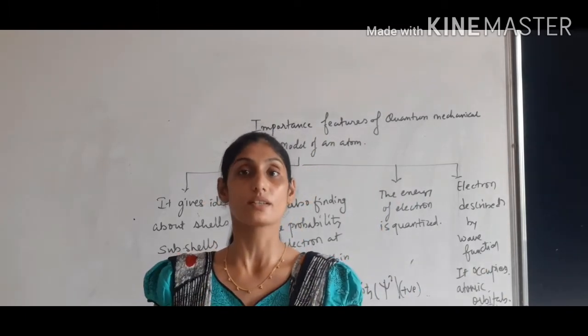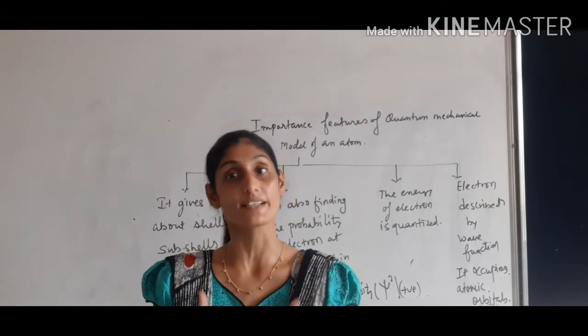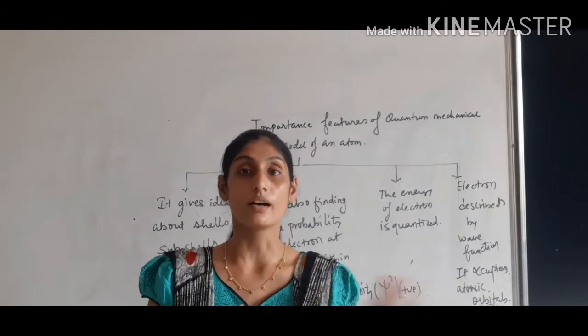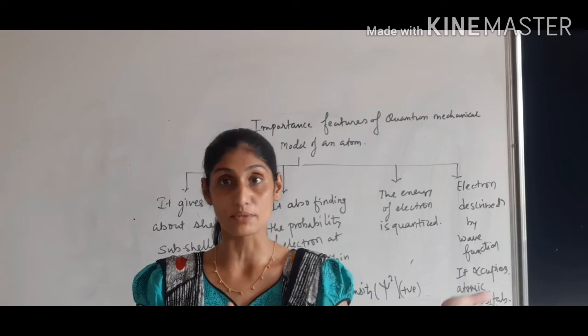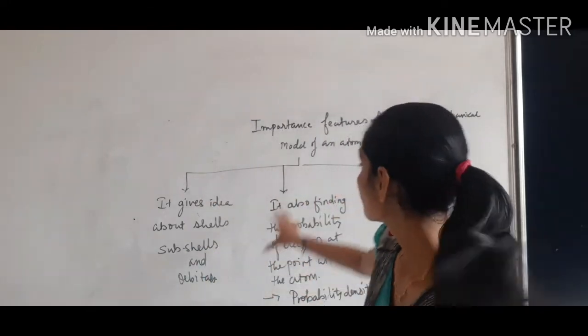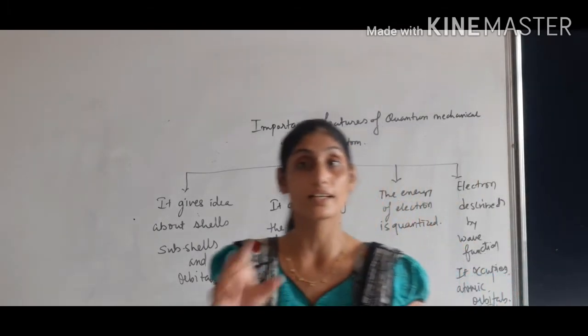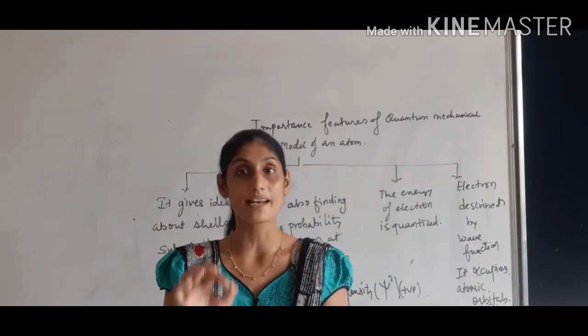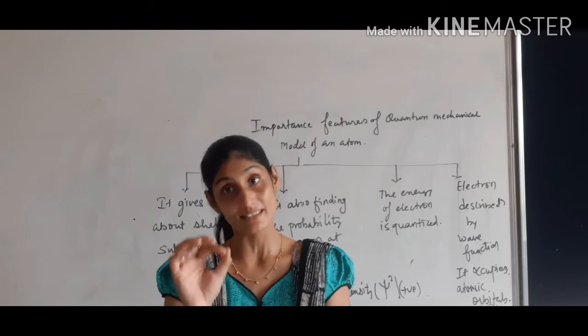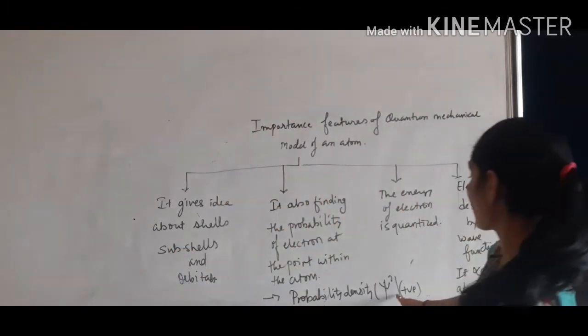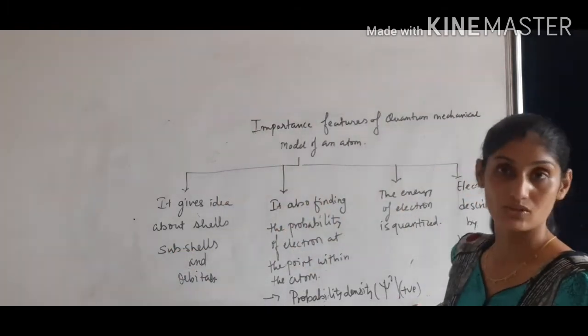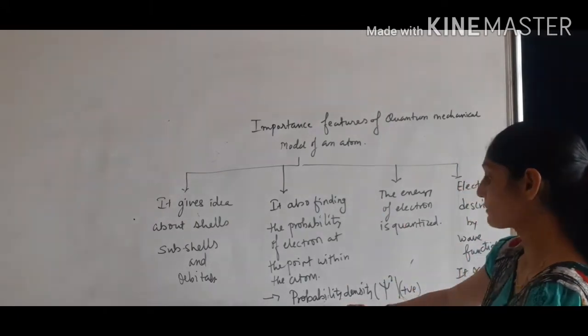And whatever the particular topic is there in our textbook, which is excluded from the CBSE syllabus. So when we talked about this, it also gives us an idea about the probability of finding the electron in the orbital. Orbital में electron की density, whatever the probability density, which is denoted by psi square, is always positive. So there is a new point which we have to learn about.